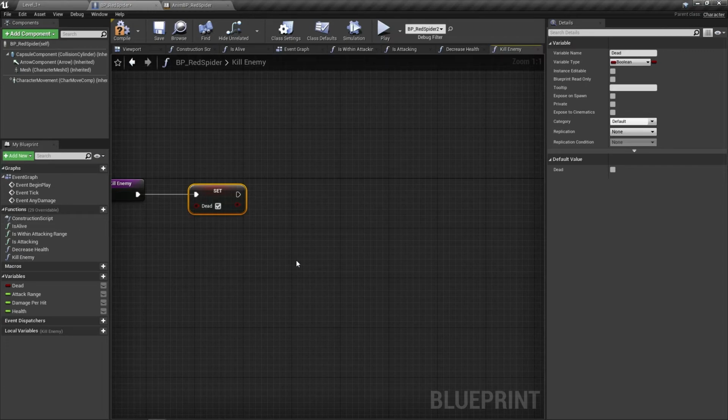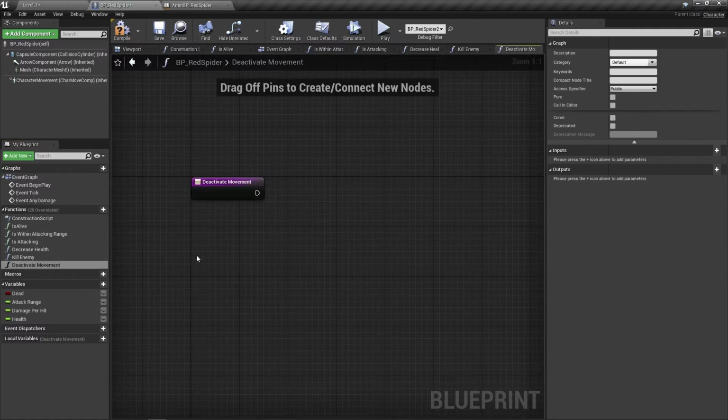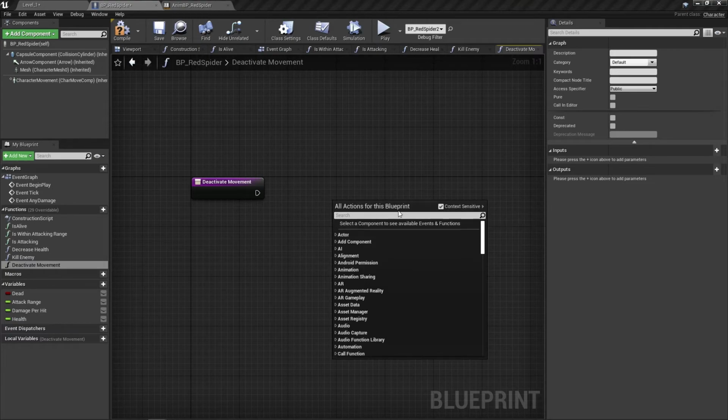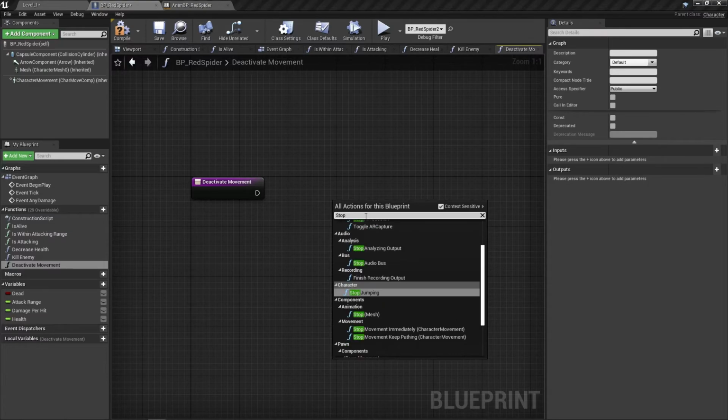And we need yet another function, and in this case, this one is going to be called deactivate movement. Okay, so let's go ahead and add the function, and we're going to call this one deactivate movement. All right, so deactivate movement, and we're going to. Actually, I don't think I need to pull that out of there. We're just going to go ahead and right-click on here. Add my case sensitivity back to this. We're going to stop movement